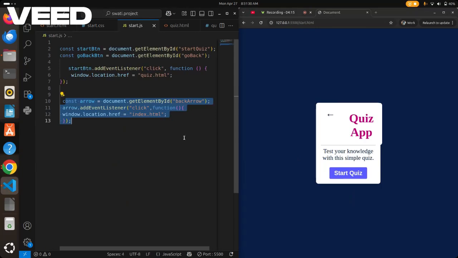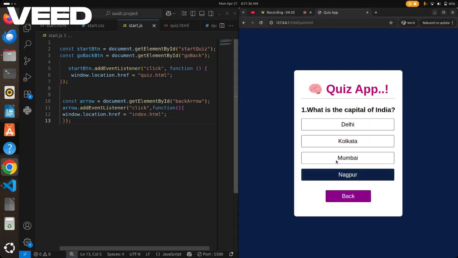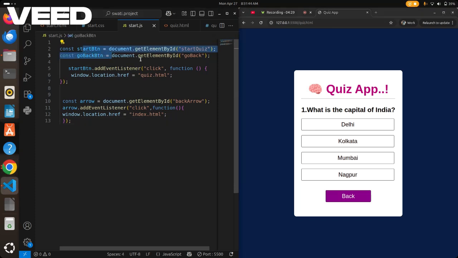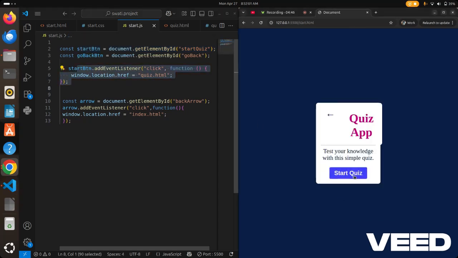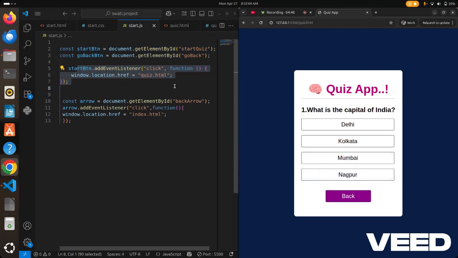After that you can see here the JS, which logic I apply for that, meaning when we click, how it goes. Firstly I create two variables for the start button and the go back button. In that I access those two buttons' ids using getElementById. It is an accessing method in JS. With the help of it we can access any HTML element in JS. After that, on the start button, when we click, you can see here another page is opening. Why? Because on that I apply addEventListener, meaning when the user clicks on it, the function will work,